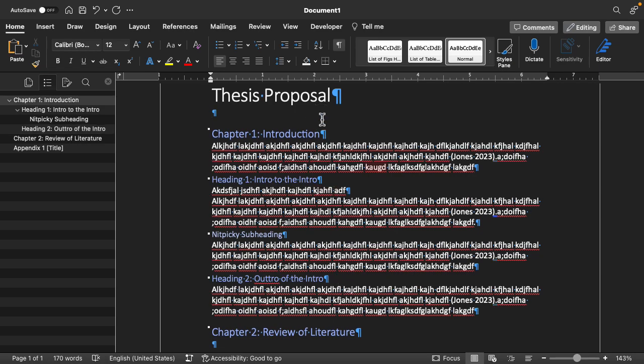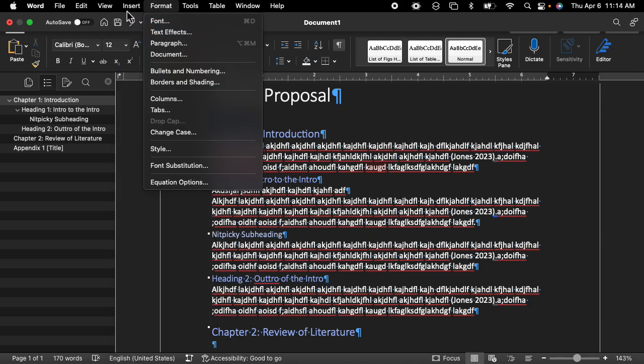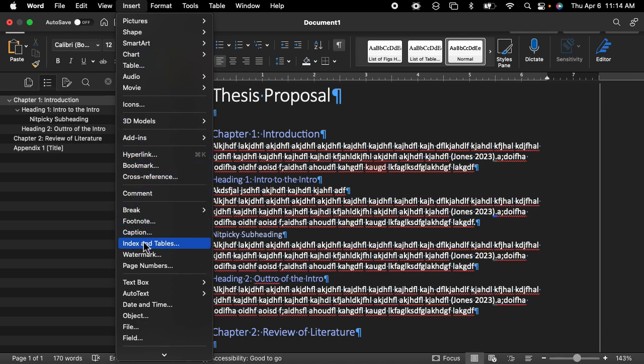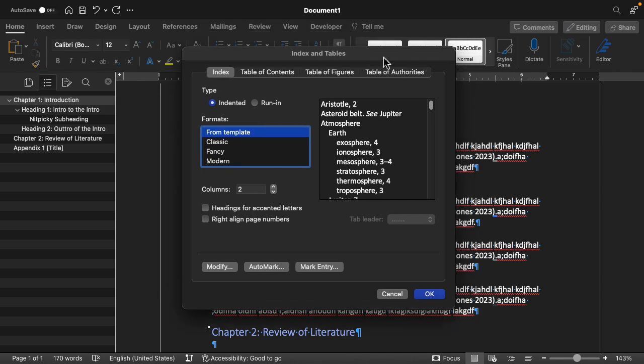Okay, cool. All right, so now we've got basically a couple of chapters, a couple of sections within our first chapter here. Let's go ahead and throw in that table of contents. So I'm going to go to the Insert menu, and we'll go to Index and Tables. And what I don't want right now is an index,